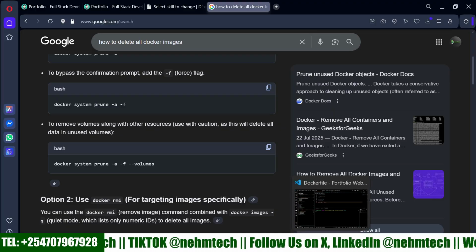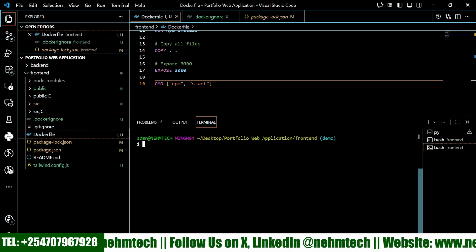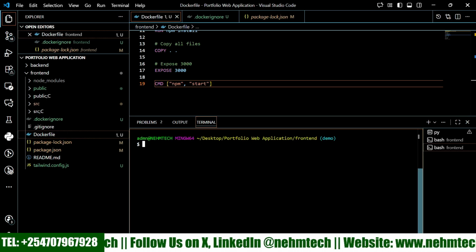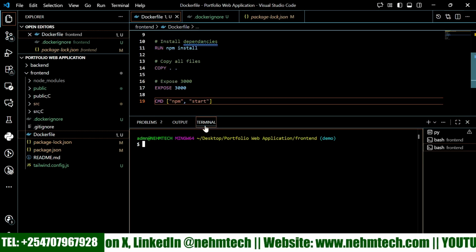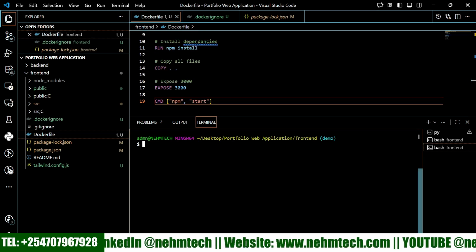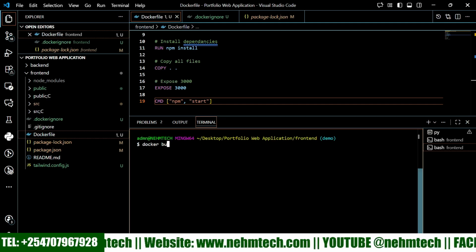Now to be on the same page, I want us to build this image that we have just created here. So the command is docker build,